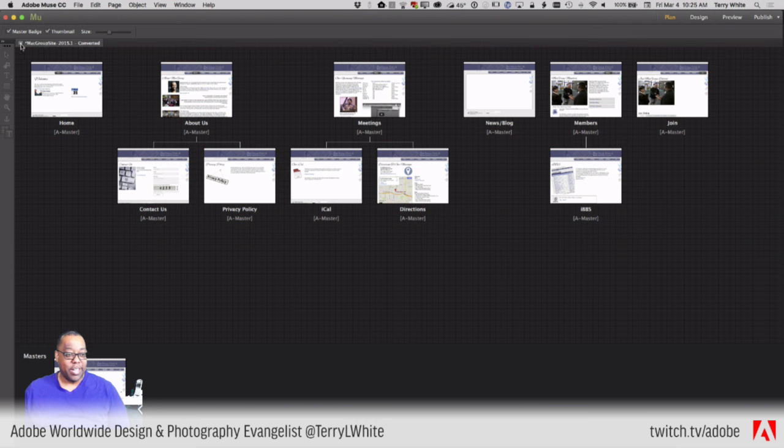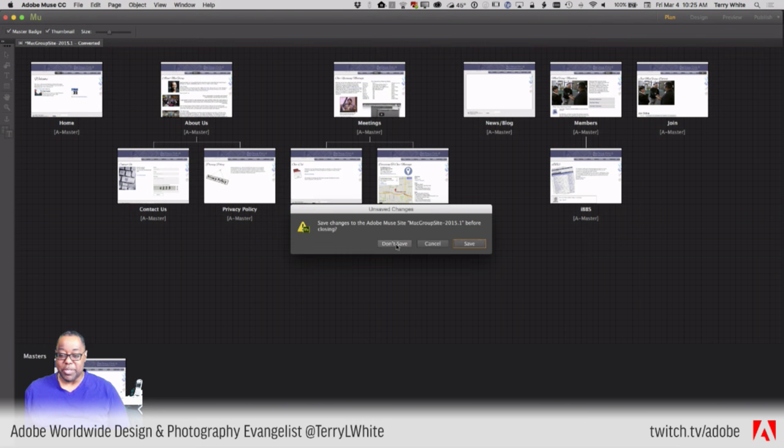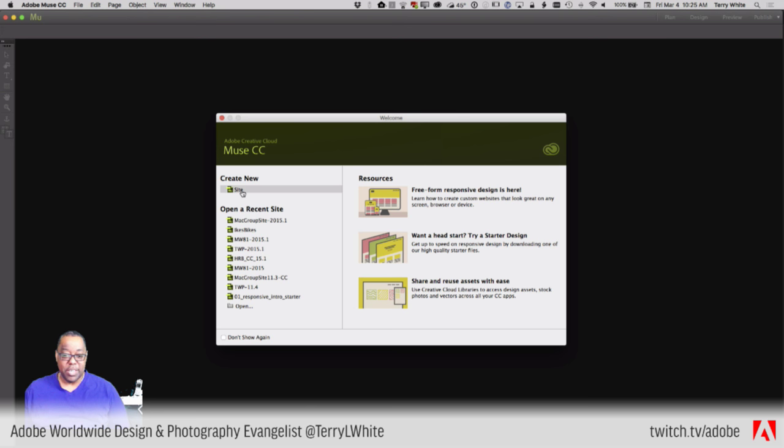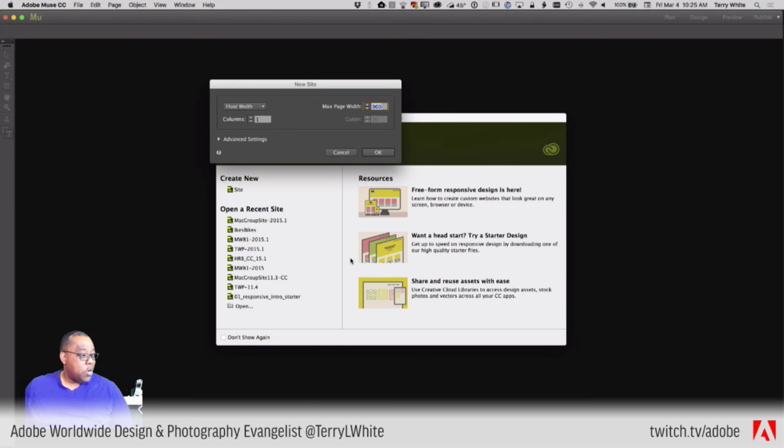All right, so that was just kind of a quick look at what a site looks like that's already done. We're going to again close this site, and we're going to go ahead and start from scratch. Don't want to save any changes. Let's go ahead and open it up. When I create a new site,